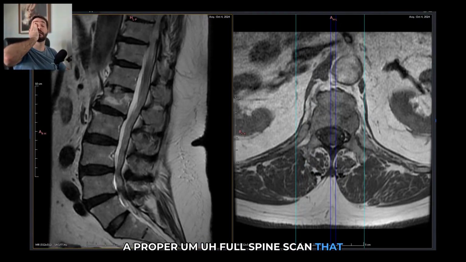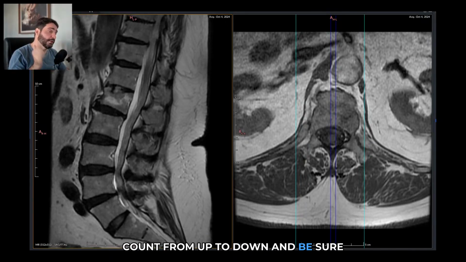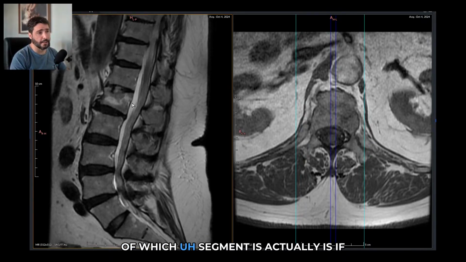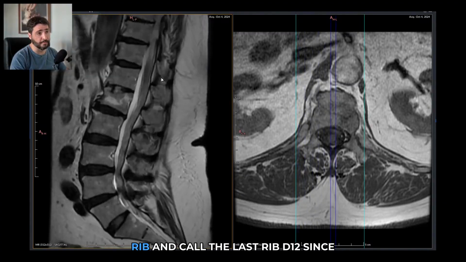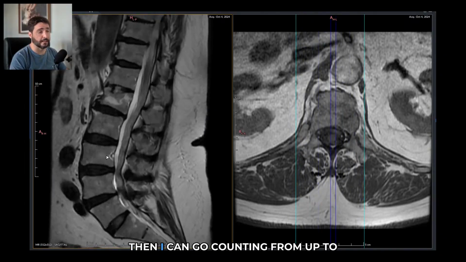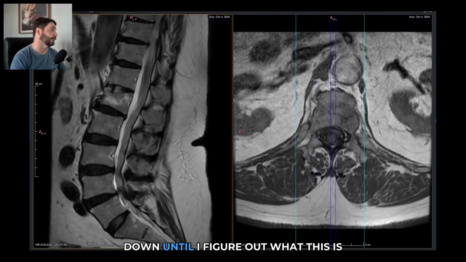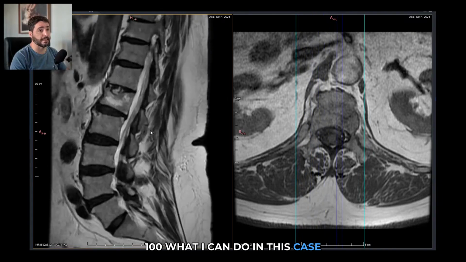full spine scan that shows me C2. If I can see the second cervical vertebra, I can properly count from up to down and be sure of which segment this actually is. If I don't, I just look for the last rib and call the last rib D12. Since then, I can go counting from up to down until I figure out what this is. This is not 100% what I'm supposed to do, but it is 100% what I can do in this case, because